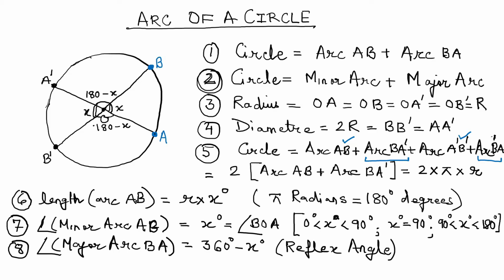That also can be calculated here. Now we know that 1 degree is equal to pi by 180, so x degrees will be pi x upon 180 into r. That becomes the length of the minor arc AB, and the length of the major arc BA will be nothing but 360 degrees minus x degrees into r, and then you know how to convert it into radians. I hope you'll be able to discuss this yourself once you see this in detail, and then you'll be able to understand what we are going to discuss in the subsequent sessions.